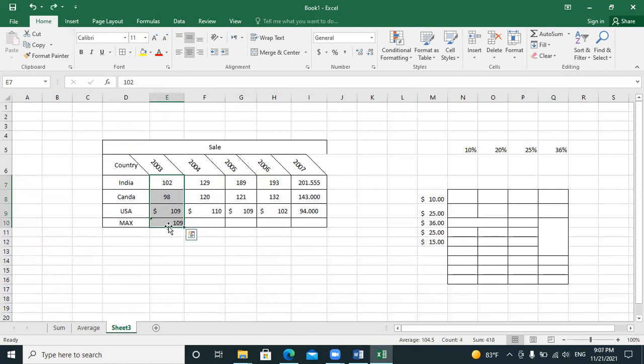So what you have to do here, first you have to click on the max cell, and you have to click here just one time. After that, you can drag it from here. This is the max from this row, this is the max from these cells, and this is the max from these cells. Okay, and here I have to change the name also. Double click and write the name max.